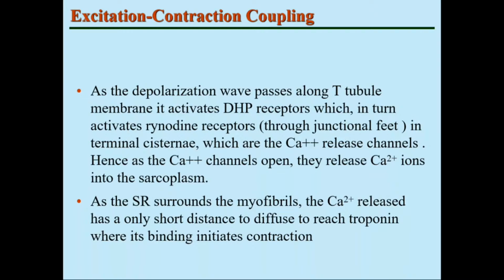So this is a summary of the same. As the depolarization wave passes along the T-tubule membrane, it activates the DHP receptors, which in turn activate the ryanodine receptors through the junctional feet in the terminal cisternae, and since these are the calcium release channels, they open and release calcium ions into the sarcoplasm. As the sarcoplasmic reticulum surrounds the myofibrils, the calcium ions released from these channels have only a short distance to diffuse to reach the troponin that is present in the actin filaments, where its binding initiates the process